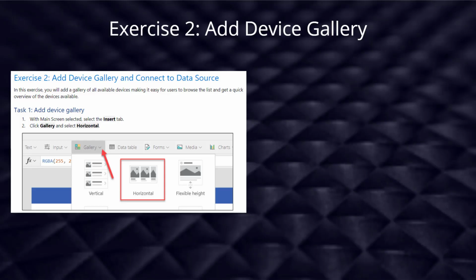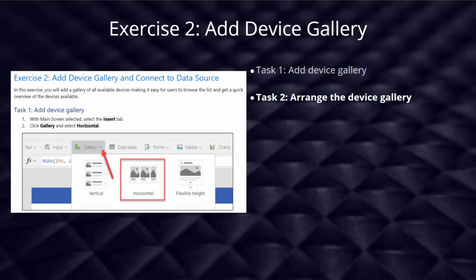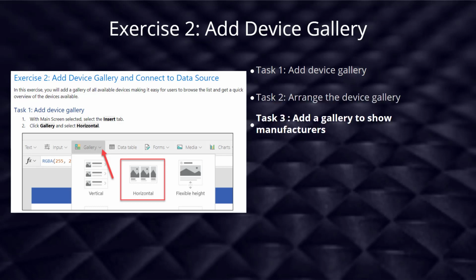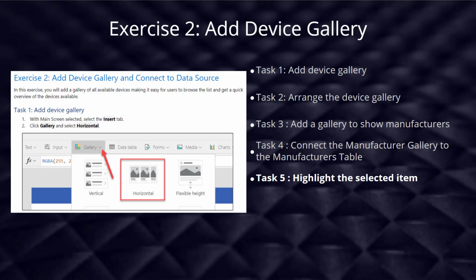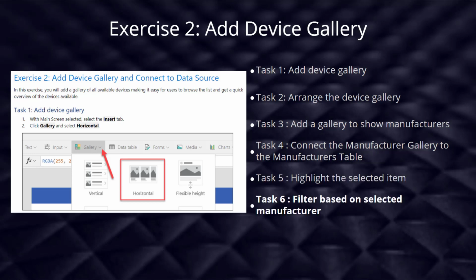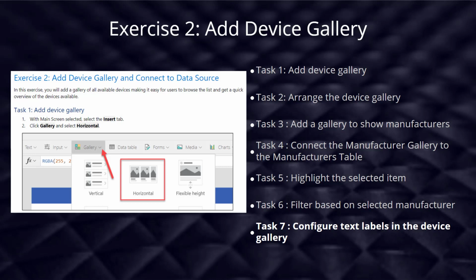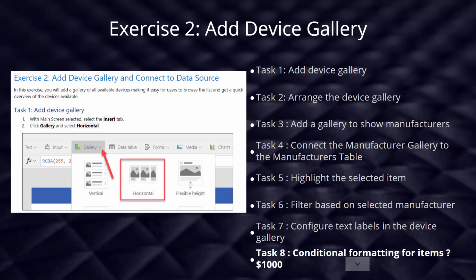So that brings us to the end of the exercise on adding device galleries. So what we've done is we added the device gallery, we've also arranged the device gallery, and that was after we connected it to some data. We added another gallery to show manufacturers and connected that to the manufacturers table. We then highlighted the selected manufacturer. We then filtered based on the selected manufacturer, and we did some configuration of text labels as well,